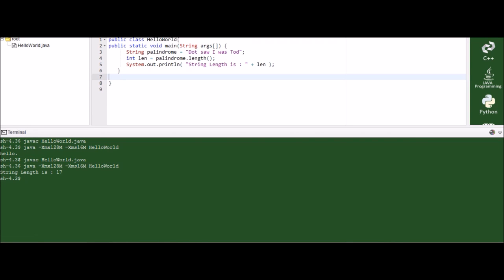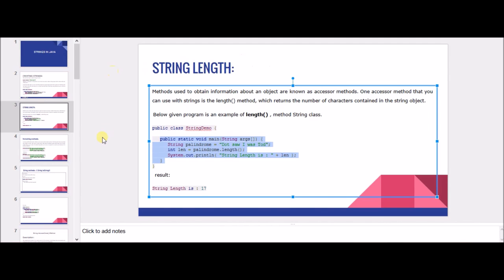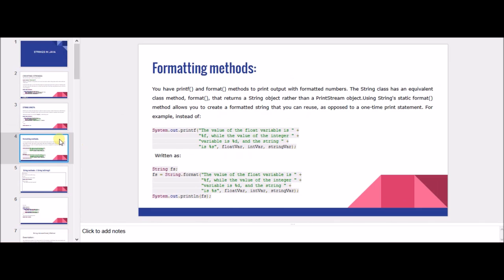The next method that we are going to look at is formatting methods. You have printf and format methods to print output with formatted numbers. The String class has an equivalent class method, format, that returns a String object rather than a PrintStream object.